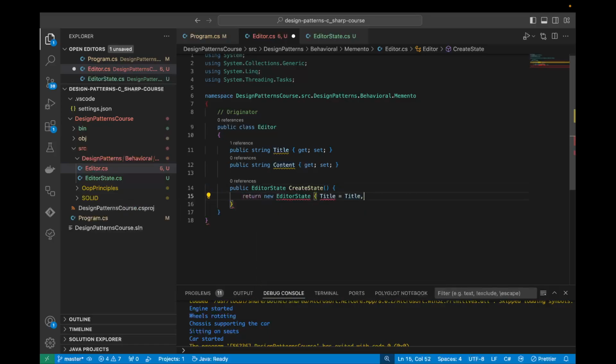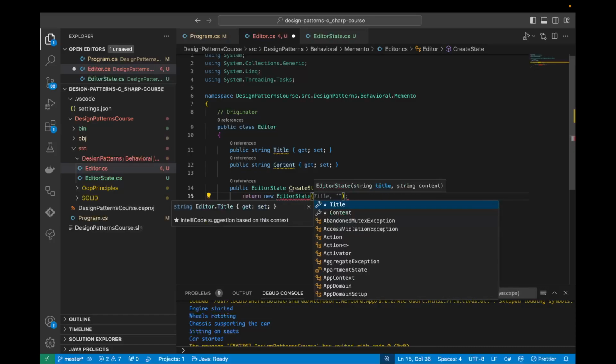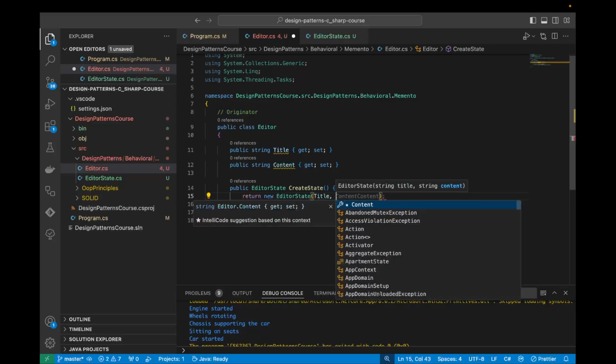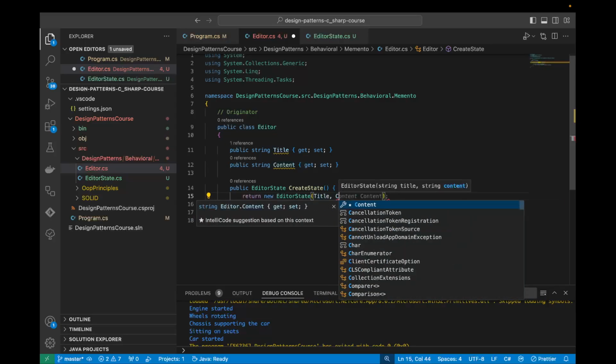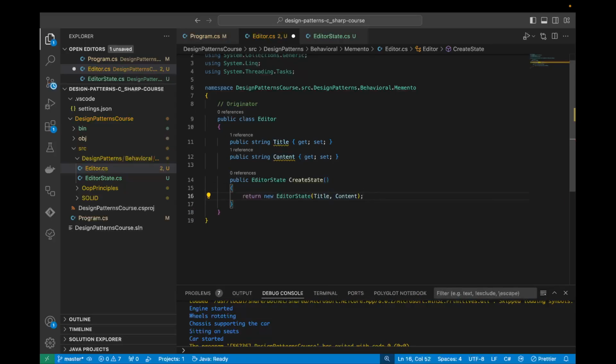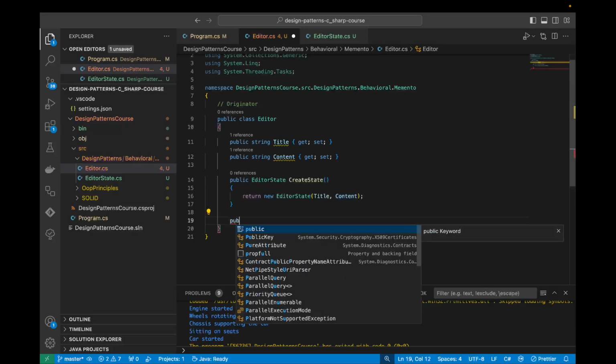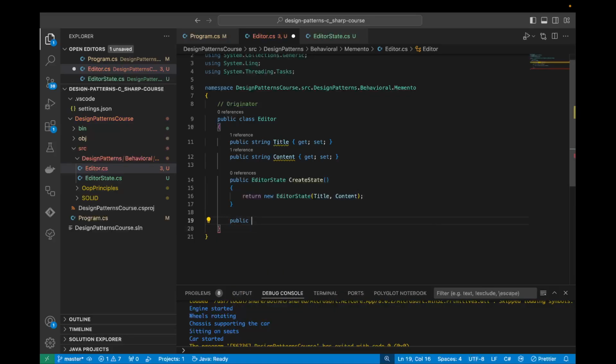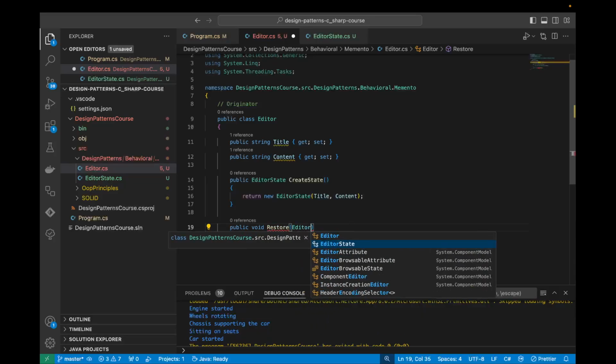Okay, and this editor state is going to take the title and the content. So whenever we create a state, we're simply returning the current state of the editor, the current title and the current content. Then to restore the editor to a previous state, we can create a restore method which takes in an editor state object,